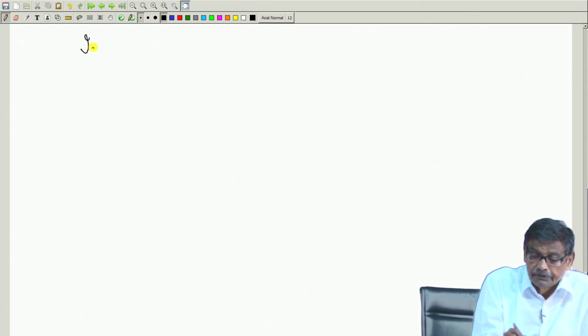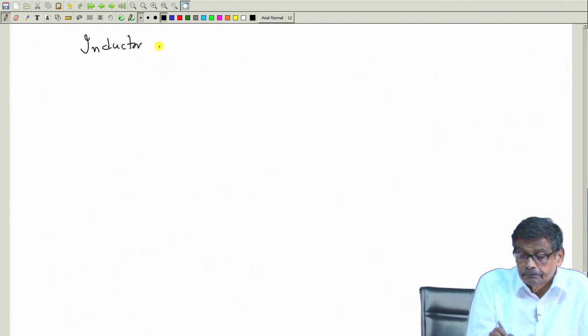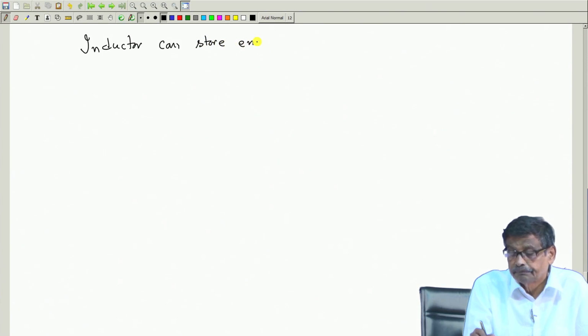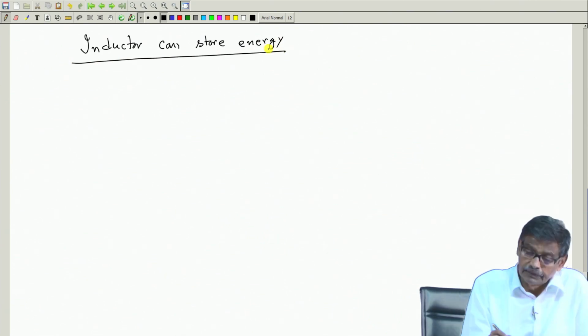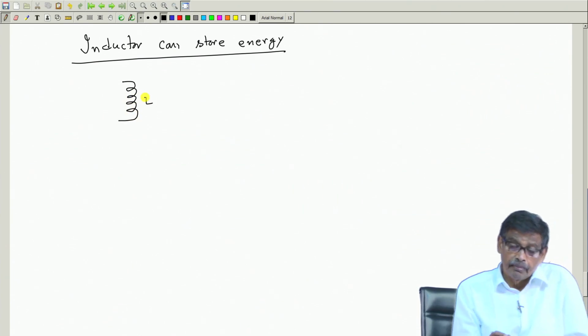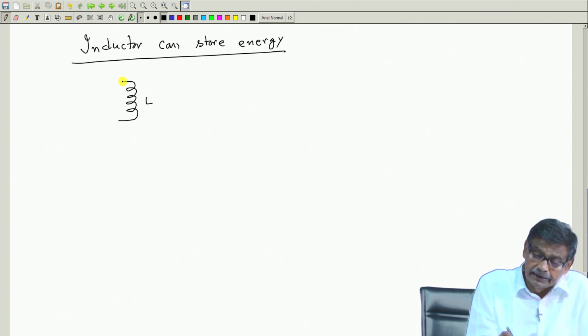This is very important: an inductor can store energy. Now, suppose you have an inductor, a pure inductor L, okay? And here